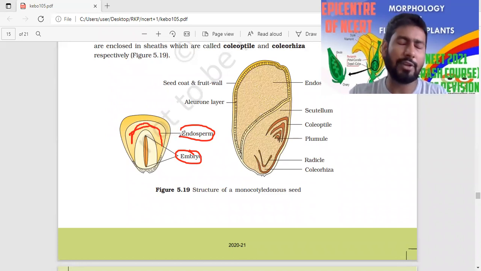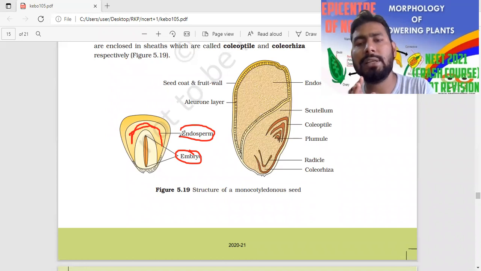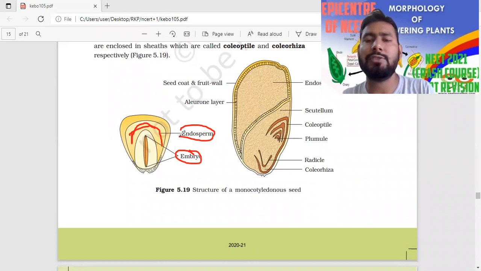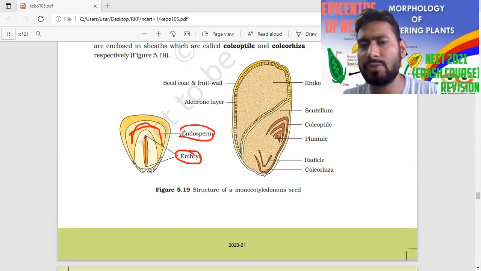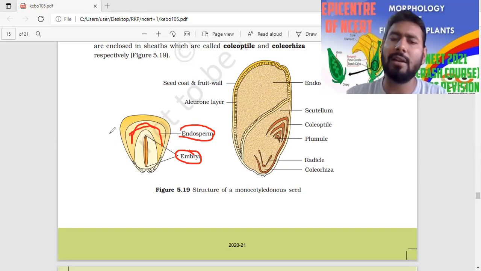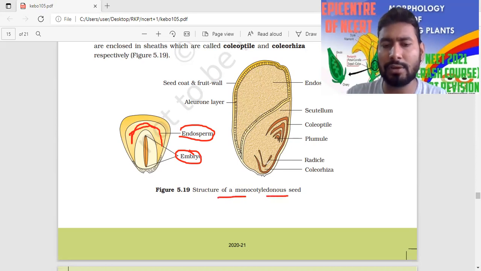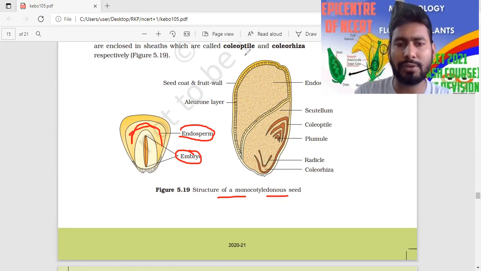One property you have to learn: the endosperm is not completely consumed during germination or embryonic development in monocots, but in dicots it is completely consumed. The exception in dicots is castor, and the exception in monocots is orchids, the smallest seed in the world. The largest is Lodoicea, also known as the double coconut, weighing up to 30 kg. Here you can see the structure of the monocotyledonous maize seed, and the aleurone layer which covers the endosperm. Clear? This is the overall story about the seed.